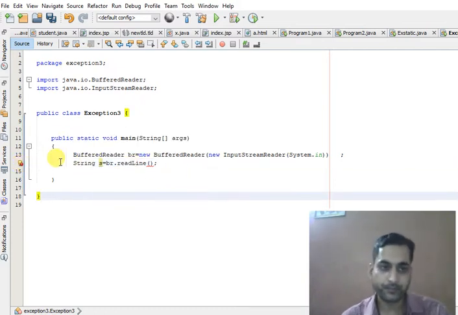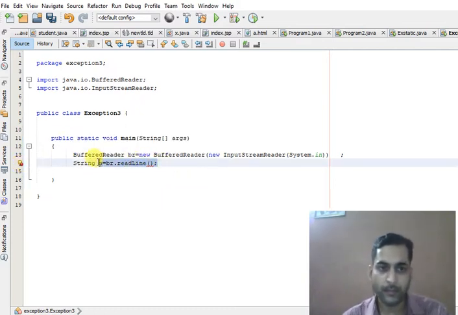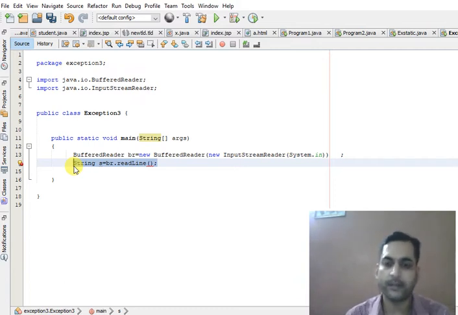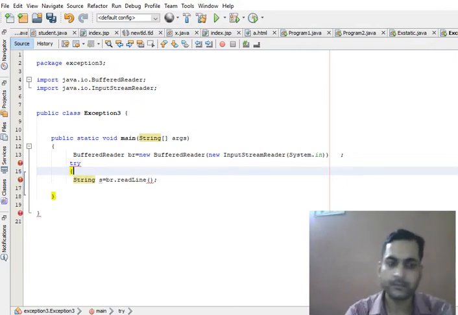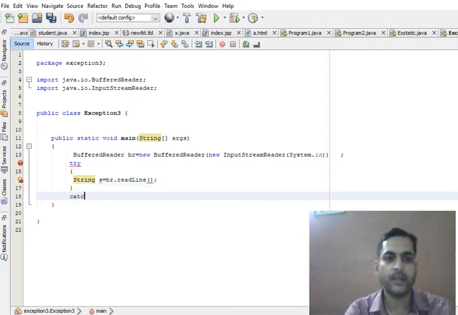So this is what I was talking about. This is the critical statement, and Java is forcing us to take care of this line. So we have two options: either I can enclose this line inside a try block, and then I can use catch IOException.